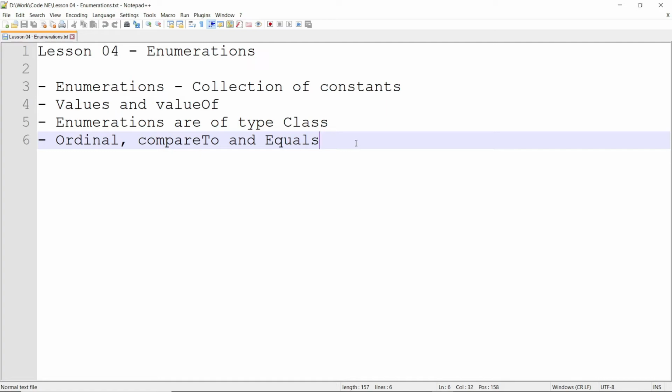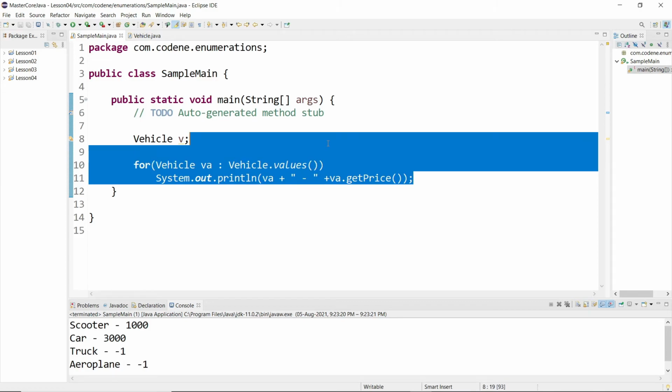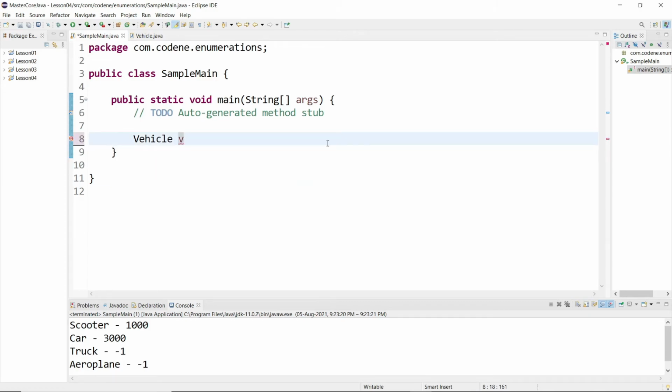So next let's move on to ordinal, compareTo, and equals. Basically these are some part of the java.lang.Enum class. From our previous example, I'll just remove it and put V1, V2 and V3, just for this example purpose.